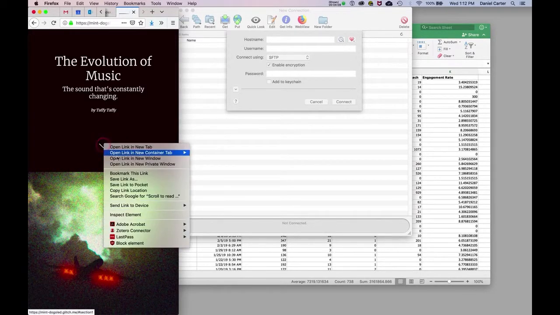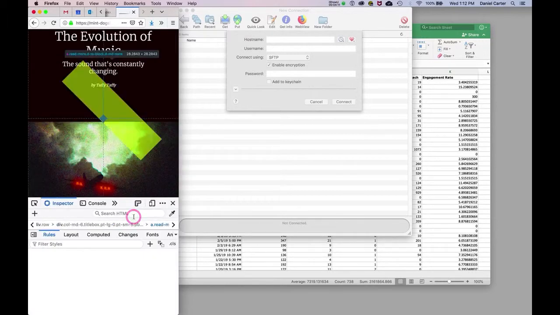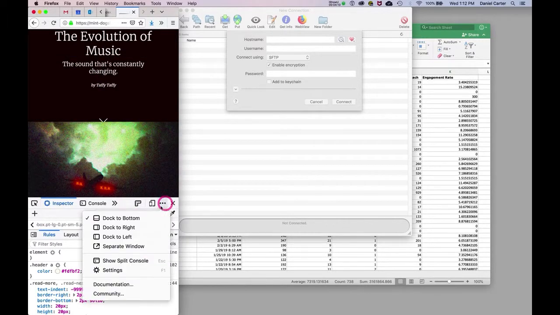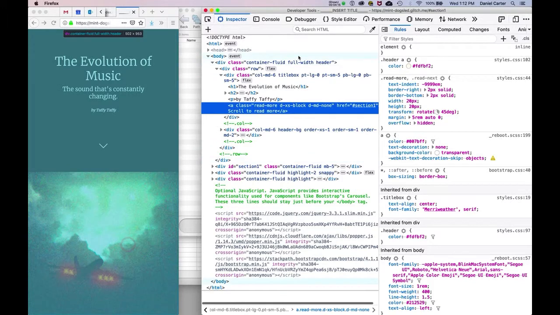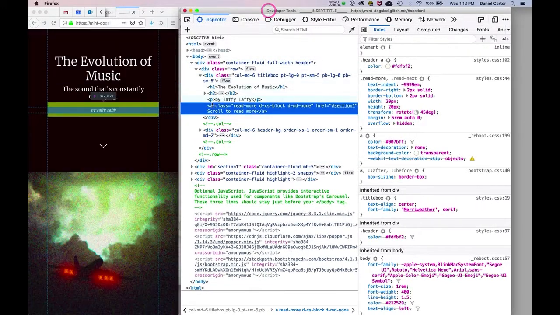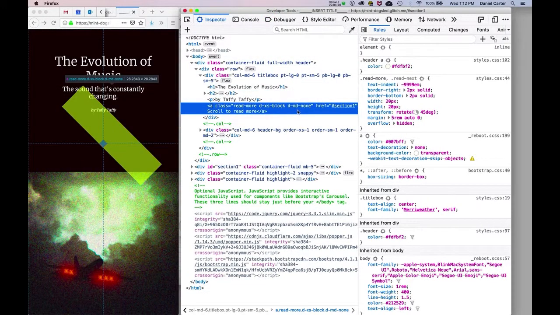So let's take a look at this. And I'm going to pop this out. All right. So right here, a class equals read-more, d-block, d-md-none, and the href